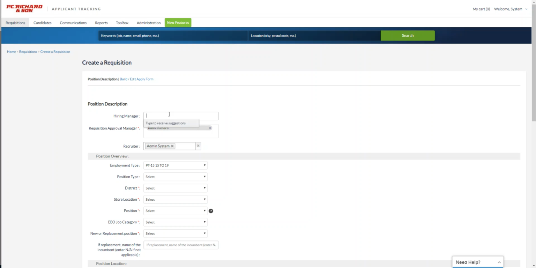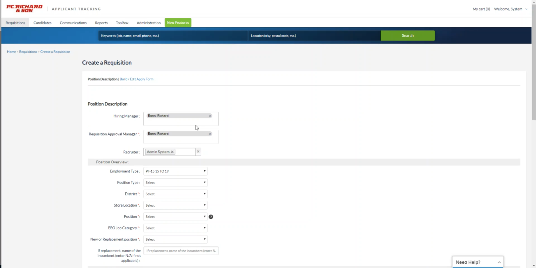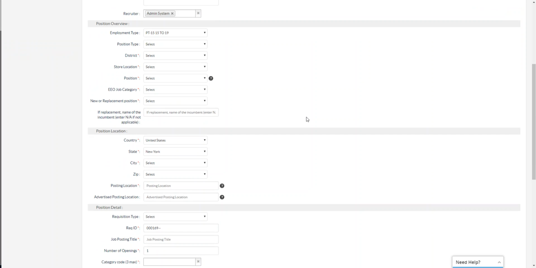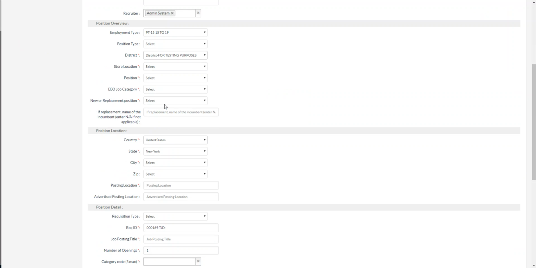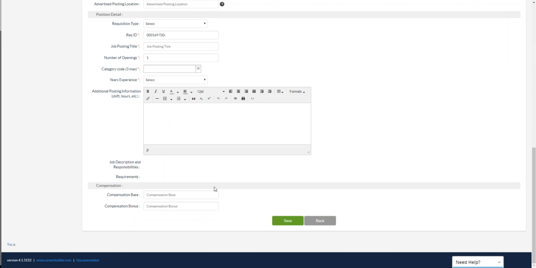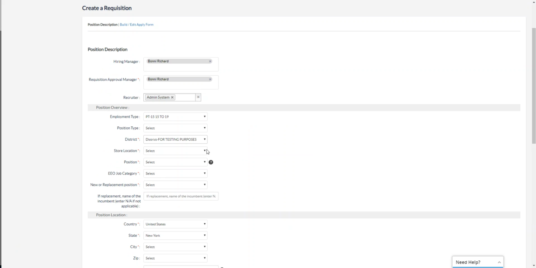We want to also enter in your hiring manager so you can test your workflow and make sure that those emails that are being sent to the hiring managers also go out. So you'll fill in all the blanks for your requisition. And then once you have everything set up and you save it, let me go through this real time here just so you can see what this